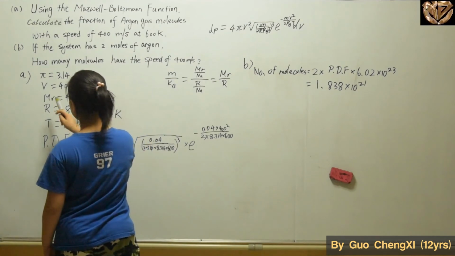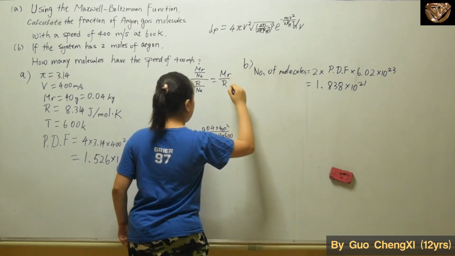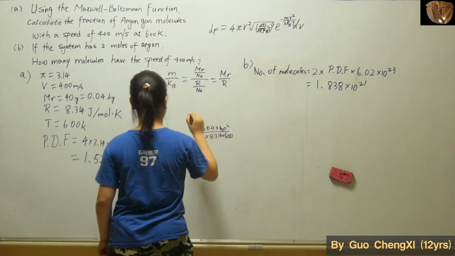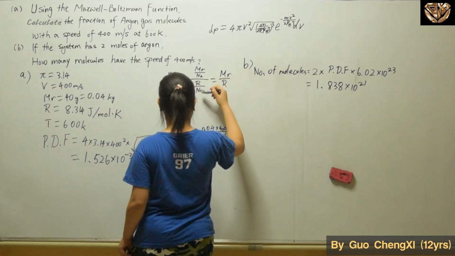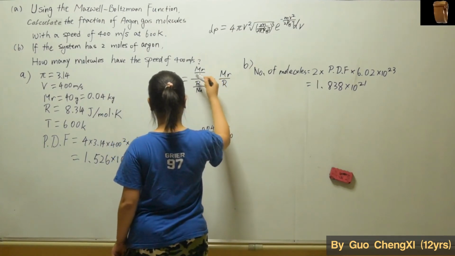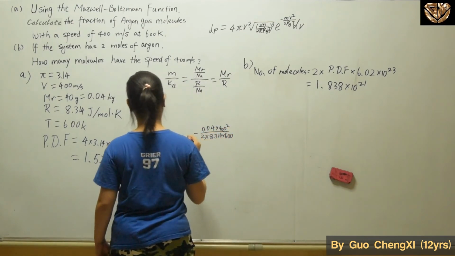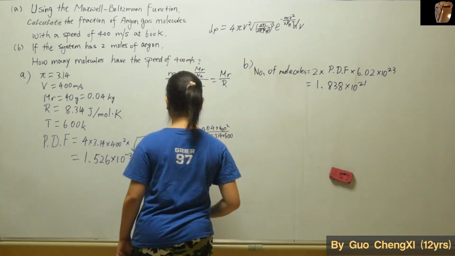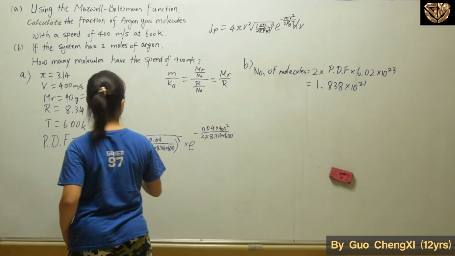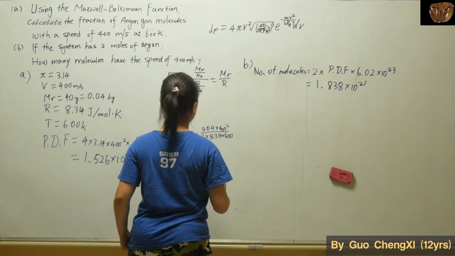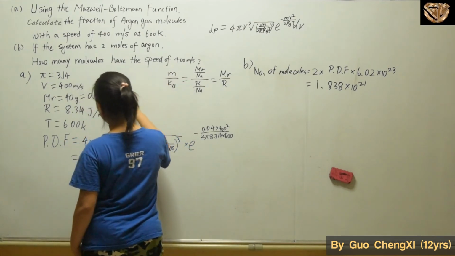Then after that, the reason why we have to find the molar mass and the universal constant of ideal gas is because they both had the Avogadro's number as the denominator, so they got simplified from the mass of each particle and the Boltzmann constant. Okay, so the m over kb is equal to the molar mass over the universal constant, and so we had